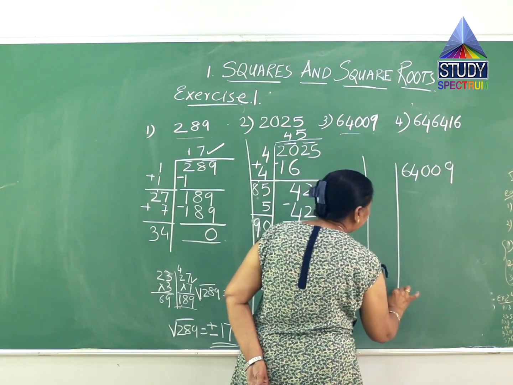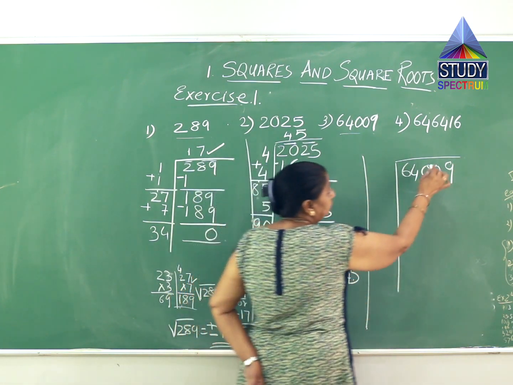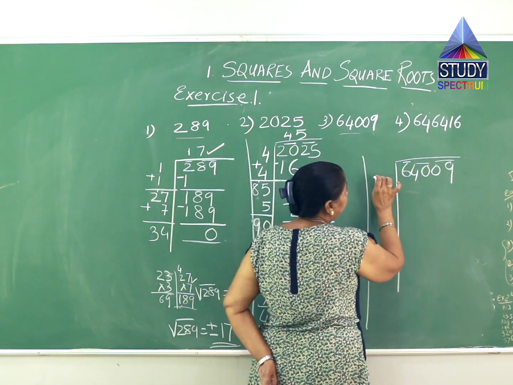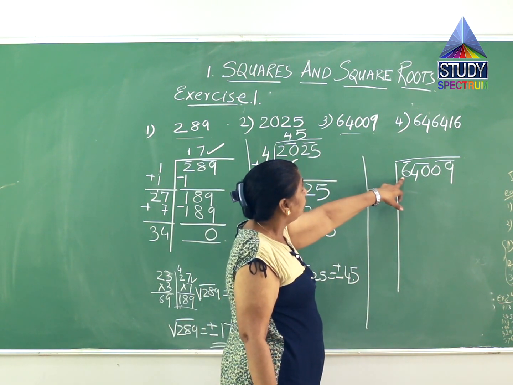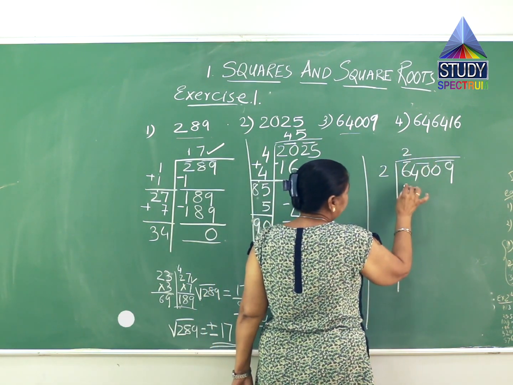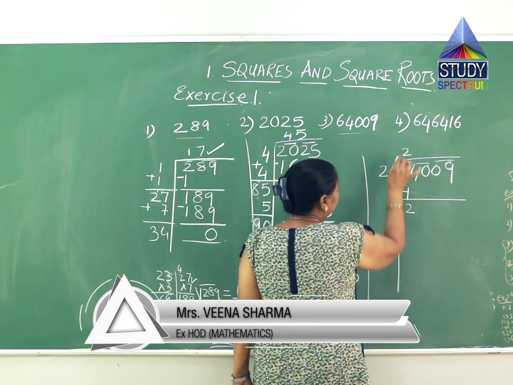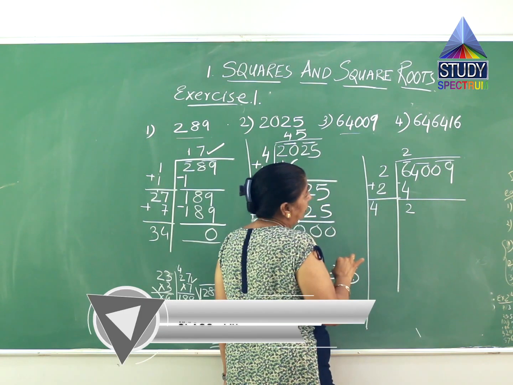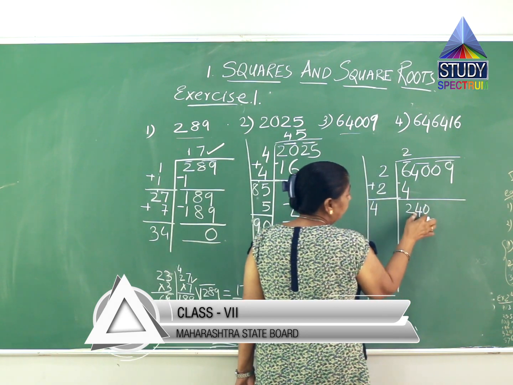64,009. This also I'll explain by division method. What is the first thing I have to do? That is, I'll make a group of 2. Here 6 is the single digit remaining over here. Now if I take 1 square, that is smaller, and then 2 square is 4, that is near to 6. So I'll take 2. 2 multiplied by 2 gives me 4. I'll subtract it, it will give me 2. Now this 2 is added over here, this gives me 4 over here. Now just remember this both together, 4 and 0, that is 40, I have to take it below.